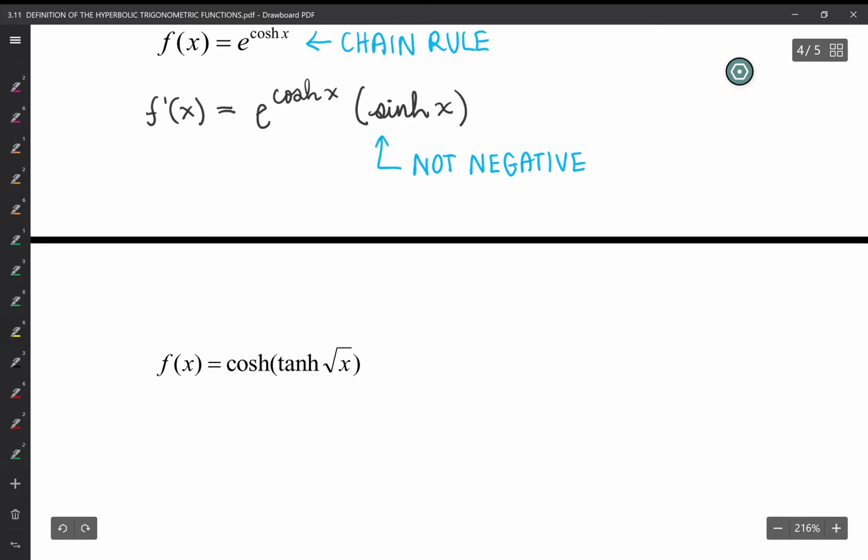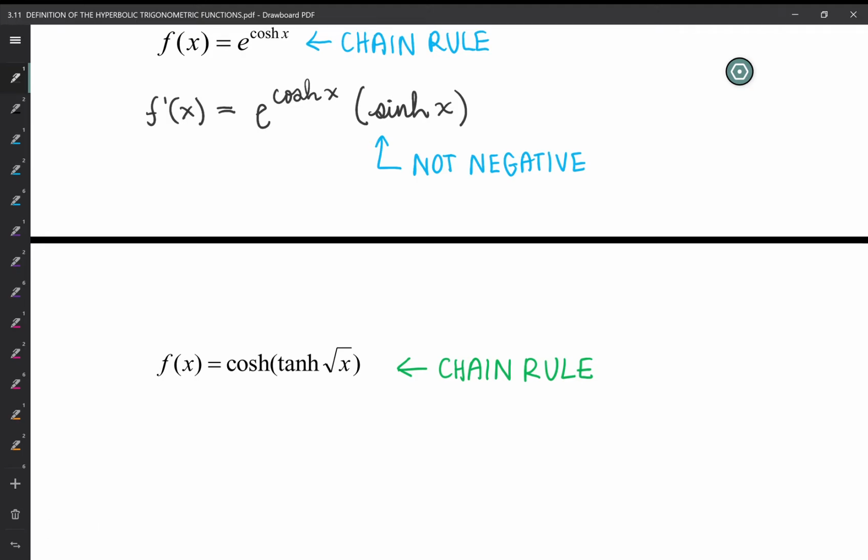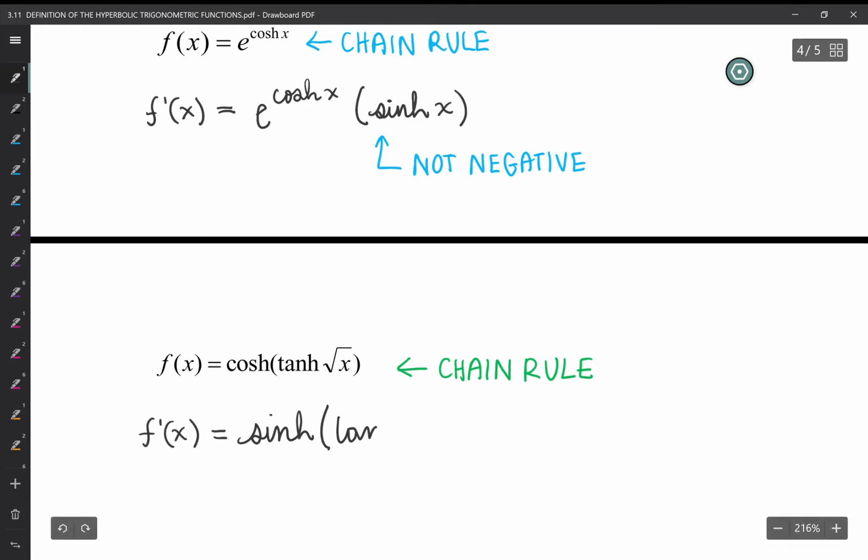Now we have even more chain rule. We have chain rule inside of chain rule. So now we have f of x is equal to the hyperbolic cosine of the hyperbolic tangent of the square root of x. So f prime of x is equal to the derivative of our outermost function, so the derivative of the hyperbolic cosine of x, which is the hyperbolic sine of x. So we have the hyperbolic sine of the inside function, which is the hyperbolic tangent of the square root of x,